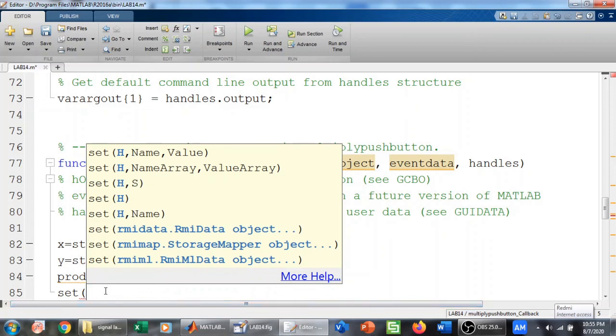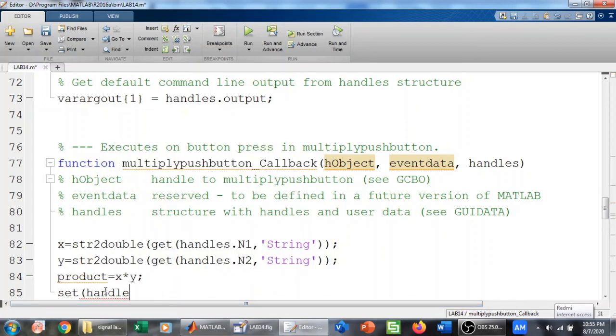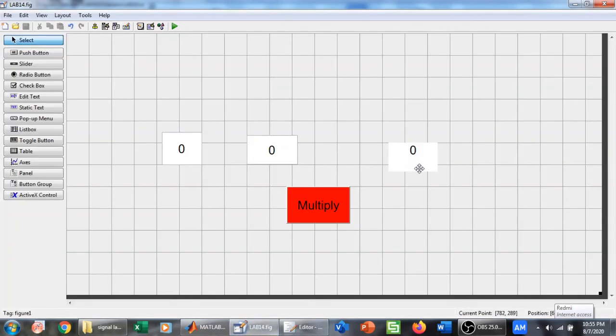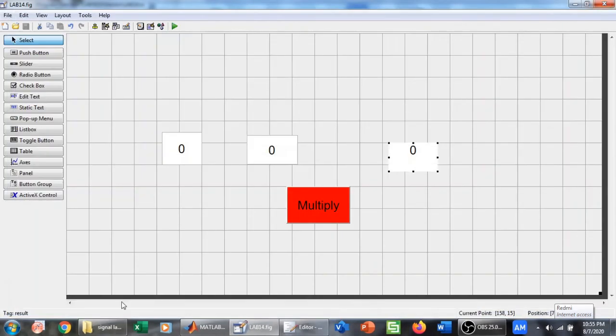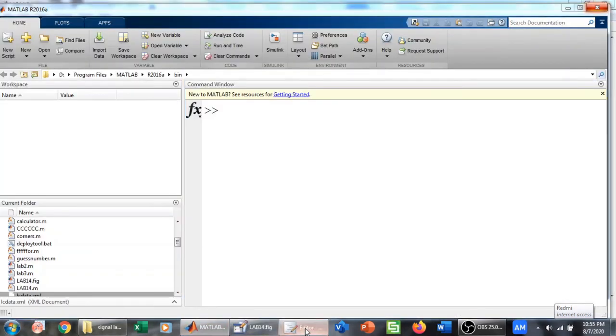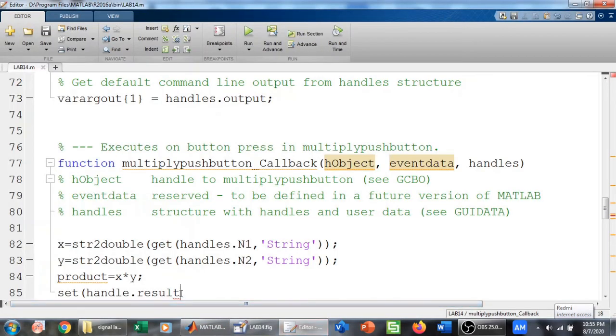So now we will use the set function again, handles dot result, because result was the tag of this static text. If you remember, this tag was result, so that's why we are using result in this MATLAB code. So I will say handles dot result. Fine. And I want to display it as a string.